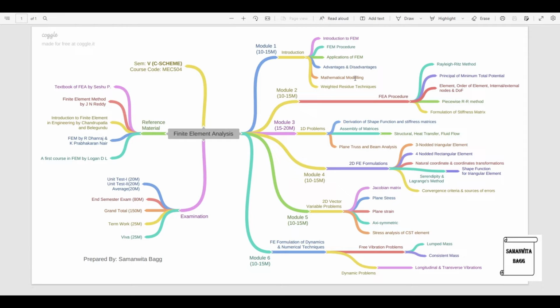Mathematical modeling is something which is very important, wherein you will study about how to solve a given differential equation for a particular problem. For example, if there is a fin and there is a particular governing differential equation for it, like d square theta upon dx square minus m square theta is 0. So when you have an equation like this, you need to know how to solve this kind of an equation using exact method. So that is what you can study in this mathematical modeling part.